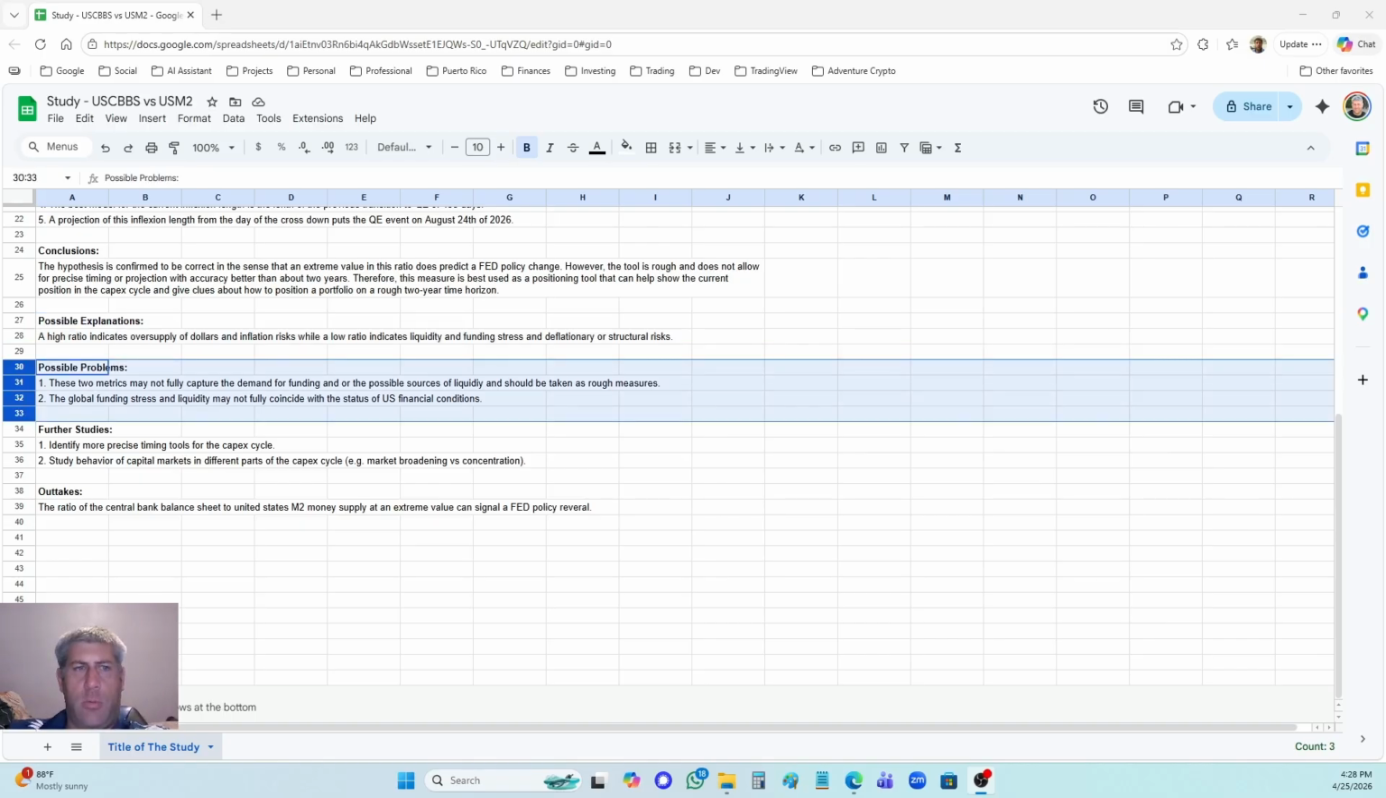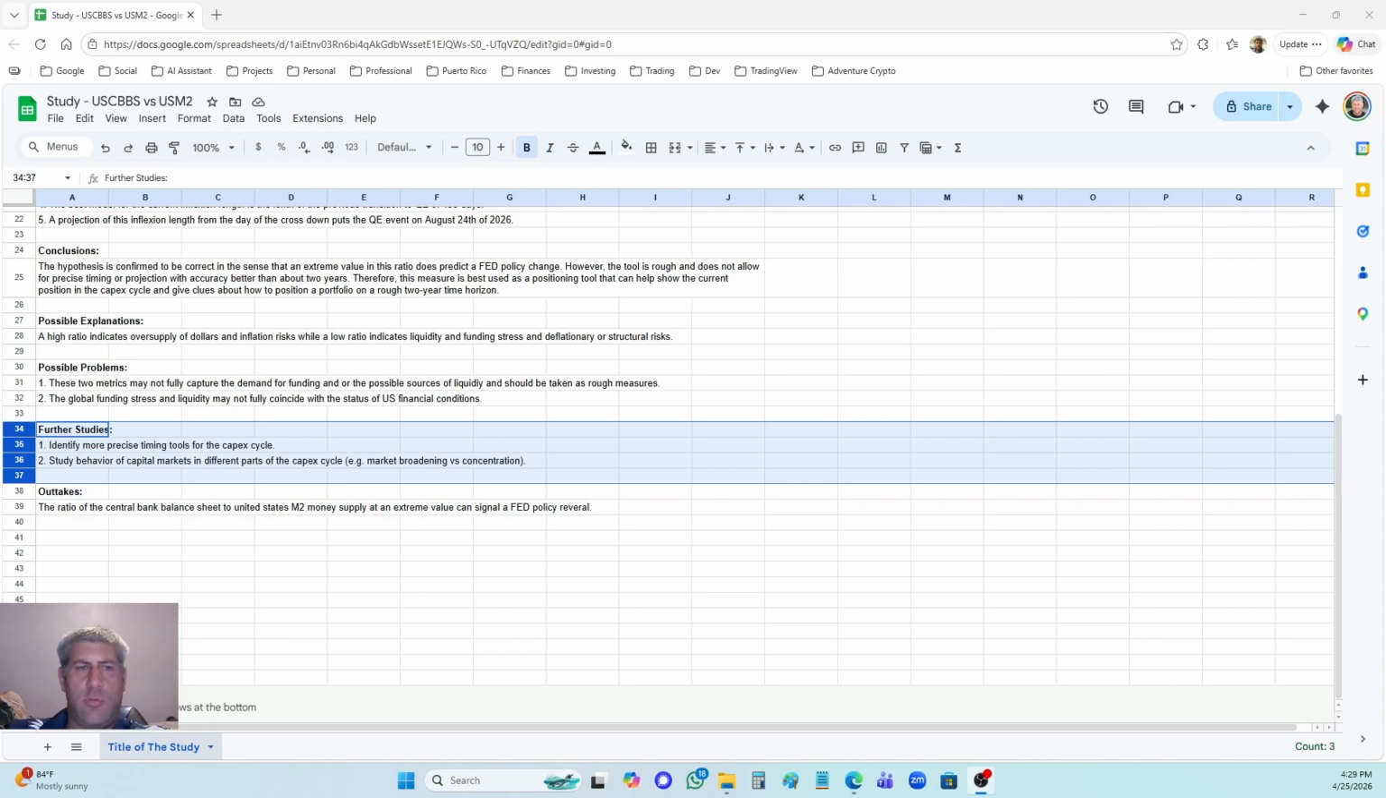Some possible problems with the study include 1. These two metrics may not fully capture the demand for funding and/or the possible sources of liquidity and should be taken as rough measures. 2. The global funding stress and liquidity may not fully coincide with the status of U.S. financial conditions. Some subjects for further study include